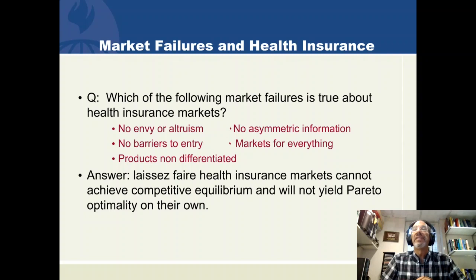There's definitely a lot of asymmetric information in insurance markets. The people buying insurance know so much more about their bodies. They know if they're going to get pregnant. They know if their uncle had Tay-Sachs disease. They know so much that it's hard to imagine how fair that is for the insurance companies, who don't know as much about people's bodies. And there are not markets for every possible condition for which insurance might be wanted.